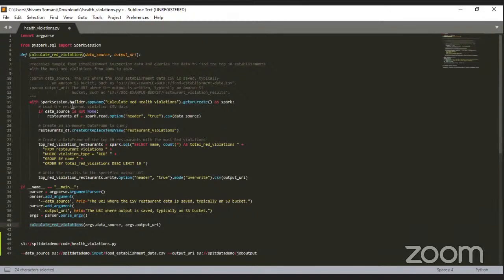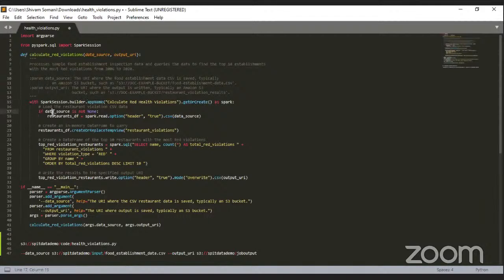So in Spark, as I told you, we first need to create a Spark session or context. So this statement is creating a Spark session with the application name as calculate red health violation. You can keep it as per your convenience or whatever the use case is.